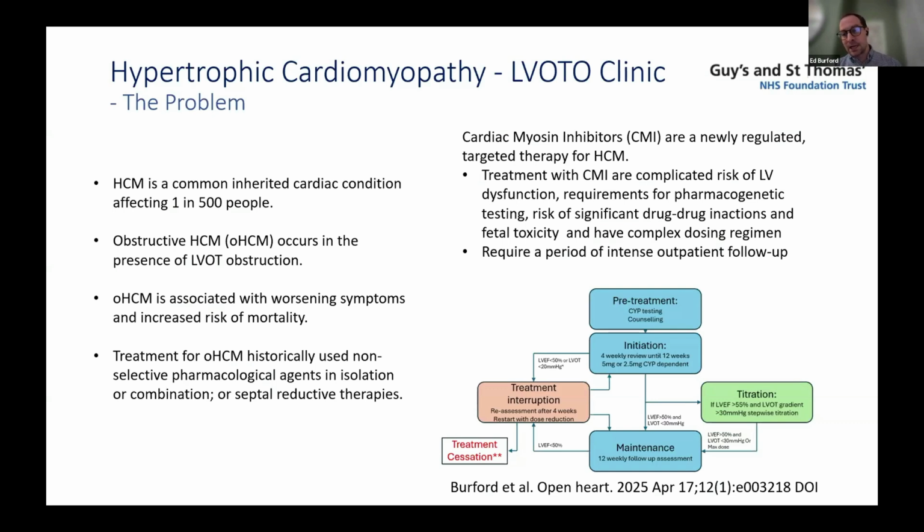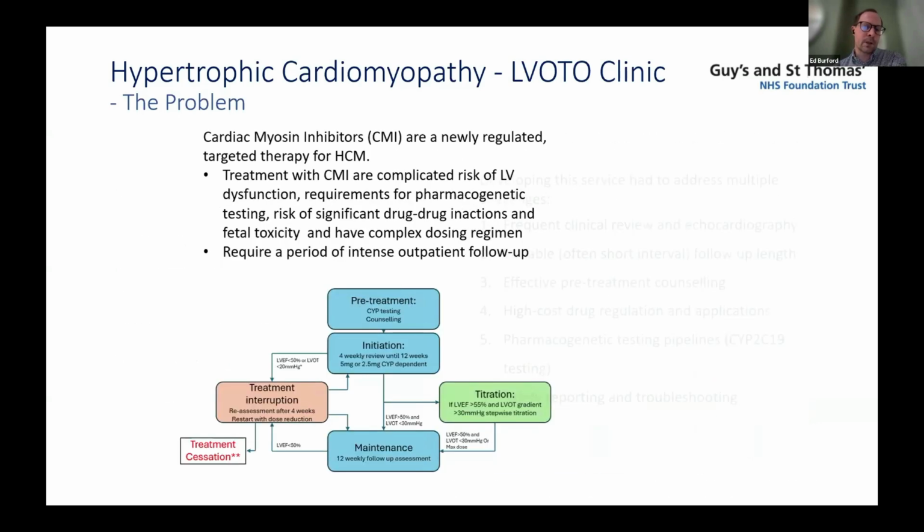And we know that's because of complications around left ventricular outflow tract obstruction. There's a requirement for pharmacogenetic testing, which wasn't really established. And there's significant risk for things like drug-drug interactions or fetal toxicity, and a degree of patient education is required. For these kinds of patients, the follow-up period is relatively intense. It's quite different to those PIFU pathway patients. On average, these patients get seen 8 times in a year during the first year of treatment. So it can be quite an invested group that you need to be able to communicate with effectively.